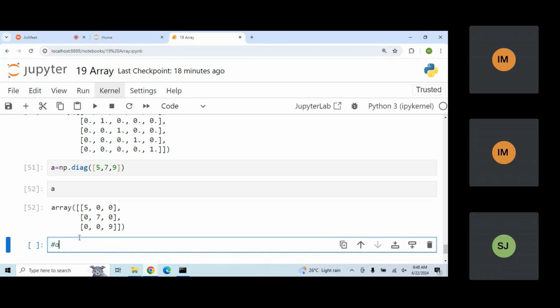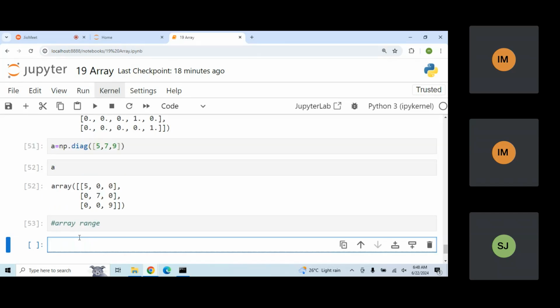We have one more function, the arange function. If I want to store any particular range of values using an array, you can go with the range function here and create any particular range of values array, like how we have already used the range function in loops. Same thing you can do: create a variable and instead of normal range, you mention np dot arange, and you mention some particular values. So now you can see here,